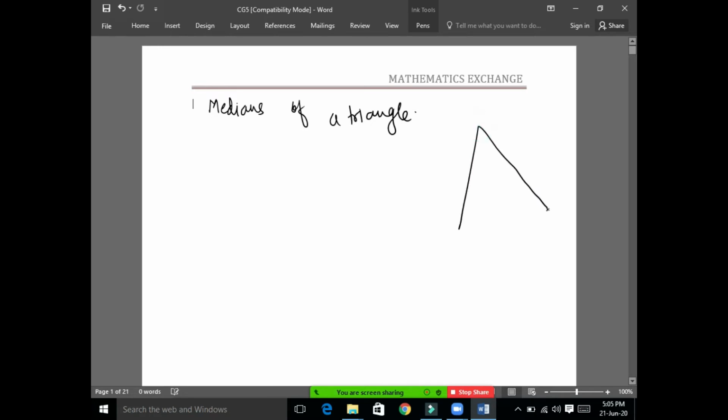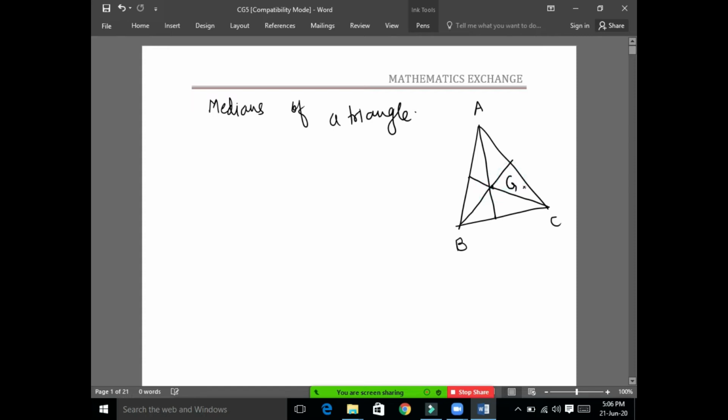So we draw here first one of the triangle, name it as suppose ABC, and we draw one of the median from one vertex. However, we can draw three medians of a triangle from three vertices. Similarly, we draw here one median from B, and it divides AC into two equal parts. Now we draw the third median, that is from the vertex C. It divides again AB into two equal parts. So this intersection point of the medians is known as the centroid of a triangle.